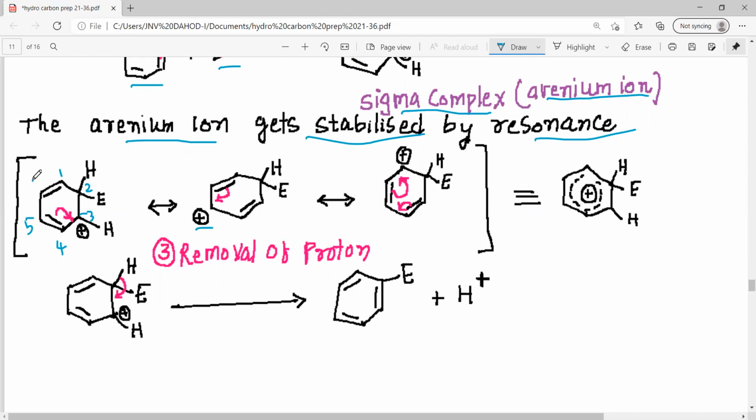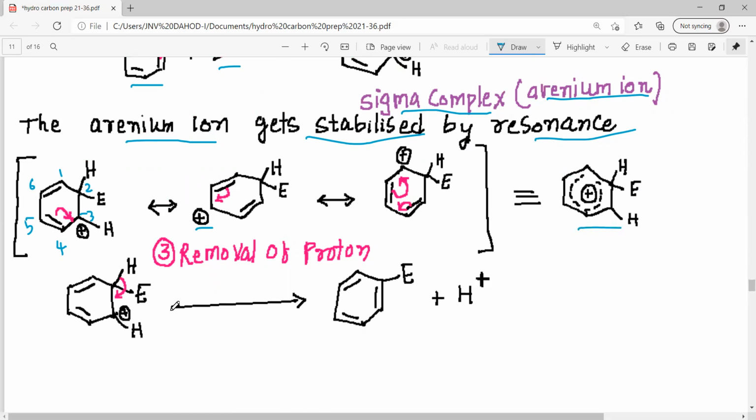and this is 6. So here you can see that the charge which was present on the third carbon, due to the movement of the double bond, now shifts to the fifth carbon. Again, when the positive charge is there on the fifth carbon, the electron from the double bond moves towards the carbon with the positive charge, and then the positive charge moves towards the first carbon. So this is how the positive charge moves around the benzene ring, my dear students, and as this positive charge moves around the benzene ring, we get the positive charge located on all these carbons, and thus we get the resonance stabilized arenium ion.